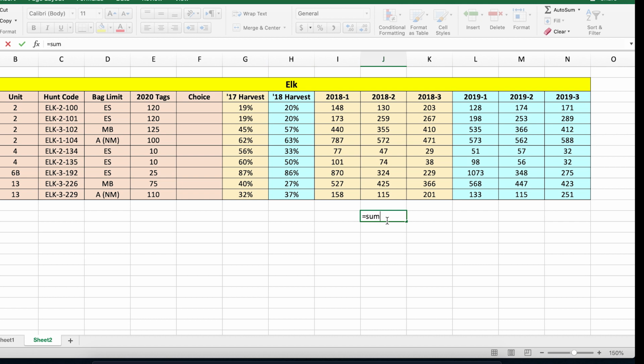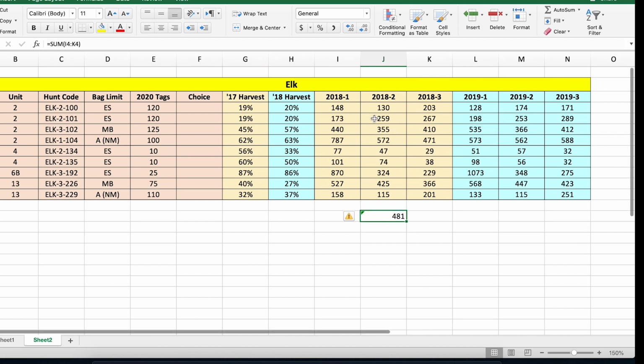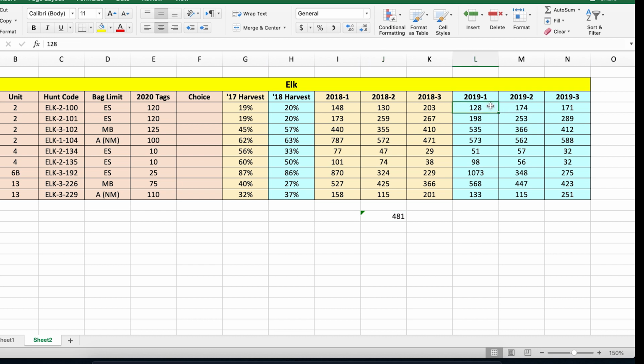If you add all those up, let's let Excel do it, 481 hunters applied for ELK-2-100 in 2018 on their application. Okay, now let's look at 2019. 128 hunters used that hunt code as their first choice. 174 as their second, and 171 as their third. So if we sum those up, you get 473 hunters. So look, from year to year, pretty consistent when we're talking about this hunt here,